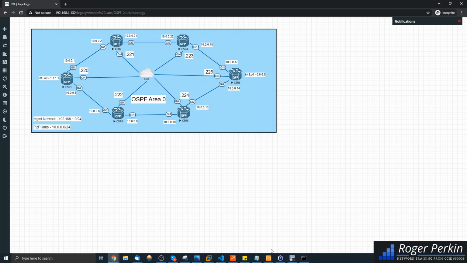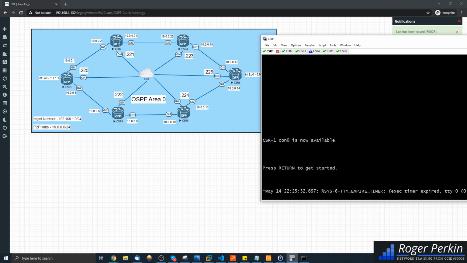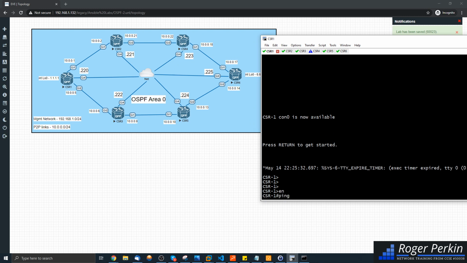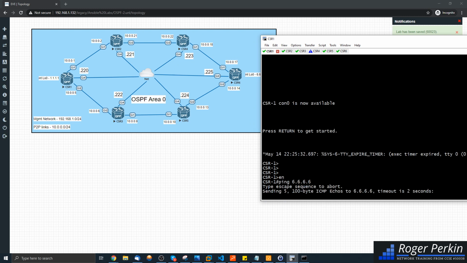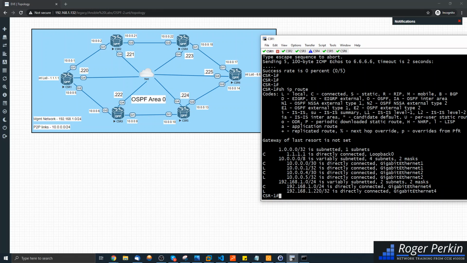And the thing is, if I now go to CSR1, so if I ping 6.6.6.6, it won't work. Why? Because it doesn't know how to get there. So there is no route for it. Show IP route. All it knows about is the directly connected networks locally to this device. So what we're going to do is set up OSPF,